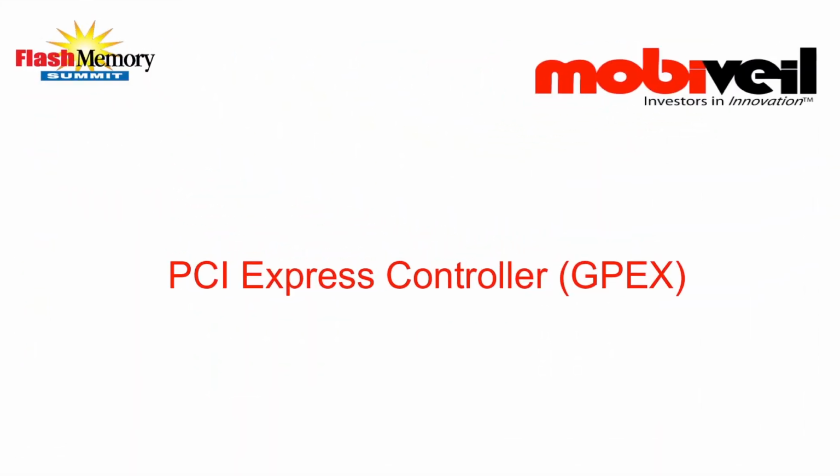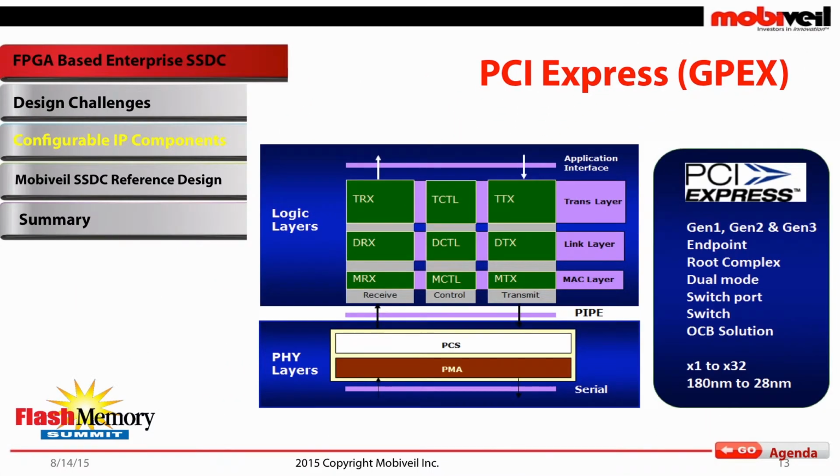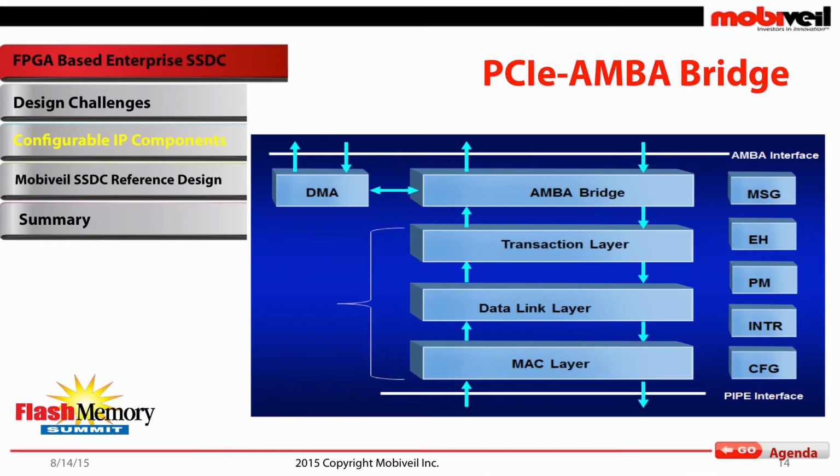Again, there is a lot of configurability in the PCI Express: whether it supports SRIOV or not, what type of functionality on the PCI Express side it supports, and whether you can support bifurcation, which would be required if you want to have a by 4 or 2 by 2s. And also, if you are looking to implement an SoC solution which already has an AXI, you would like to have a bridge sitting on top of the IP so that the interface becomes AXI and you can plug the PCI Express directly with, say, an NVMe controller or even the flash subsystem, which would also be AXI based.